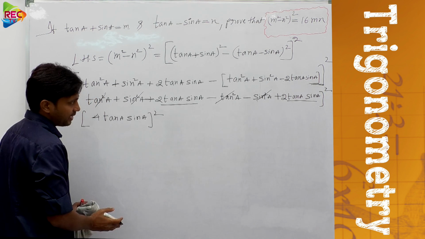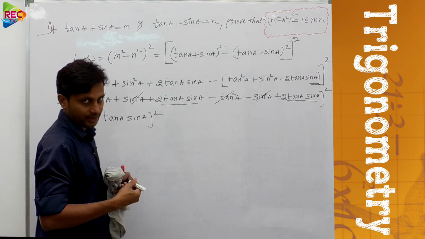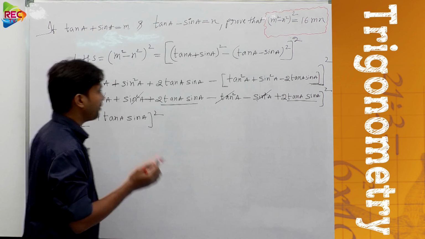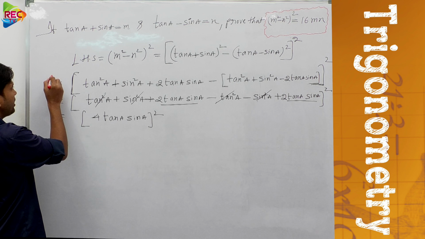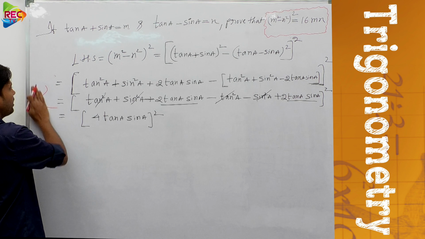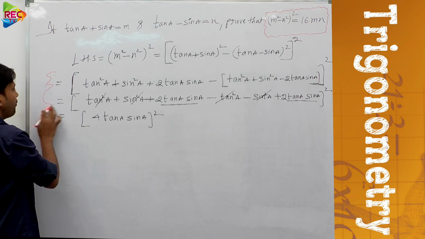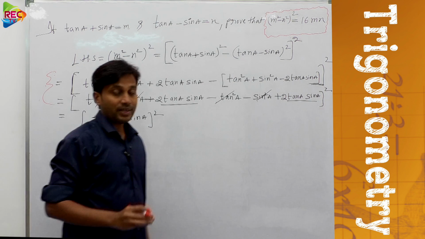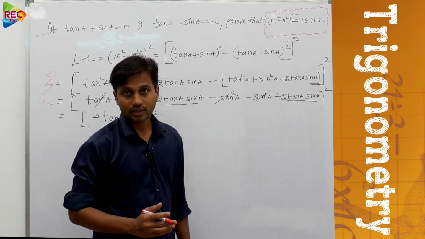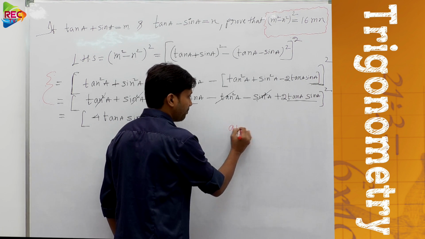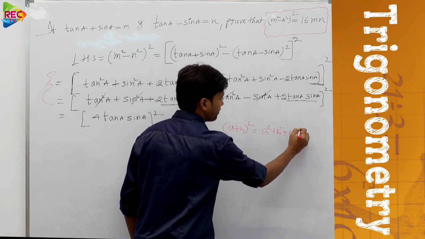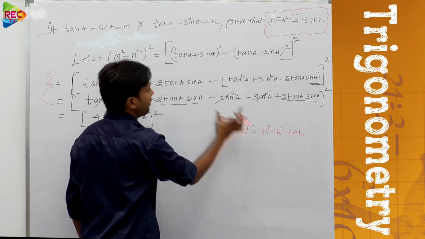Before going to the next step, I want to show one technique over here. Since we are explaining this problem in a step by step process, we have considered the process. Otherwise, if you want to skip these two lengthy steps, you must have awareness of the algebra formulas. That is the first one, a plus b whole square, which is equal to what? A square plus b square plus 2ab. Okay, this is in the form of a plus b whole square.